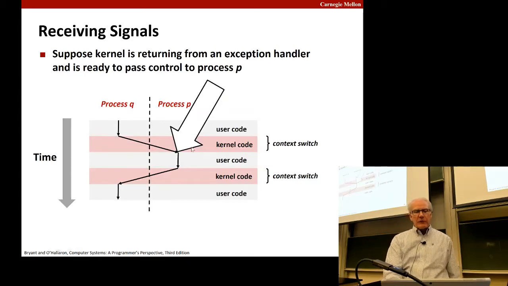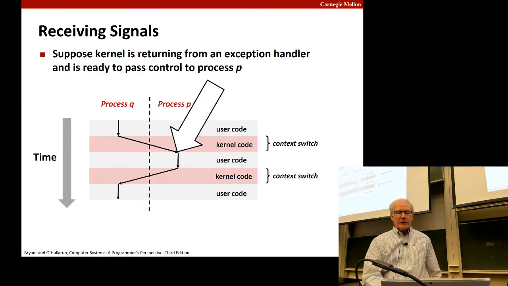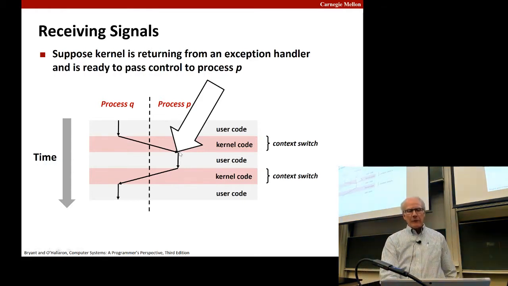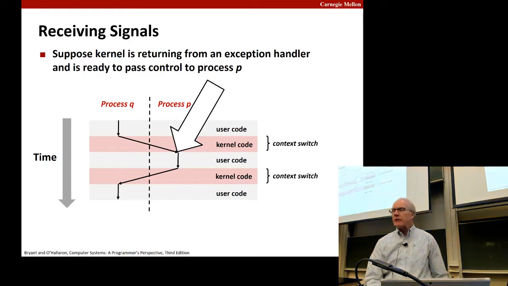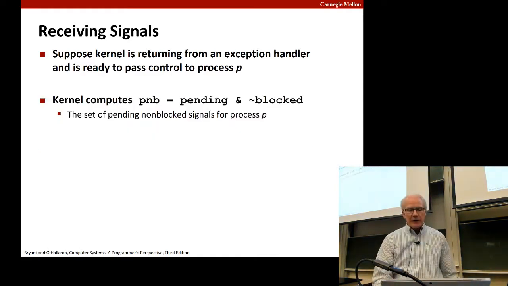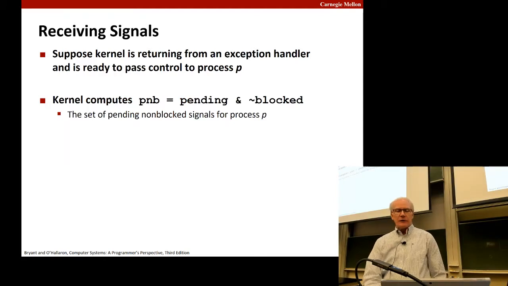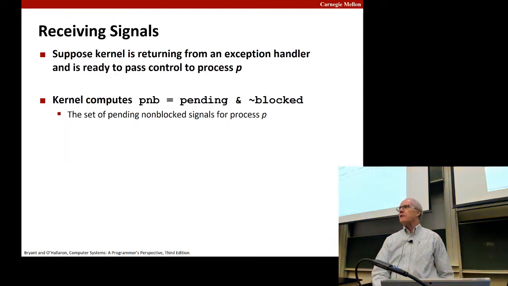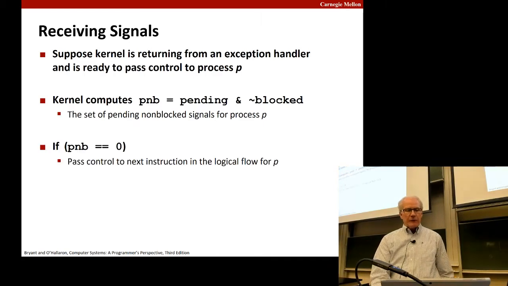This is also the point at which it's going to handle any pending signals. So now it's going to look at process P as it begins to get ready to fire it up, and it's going to say, hey, are there any pending signals for process P? And it will do that by looking at this combination: are there any signals that are pending that are not blocked? And then for each of those,